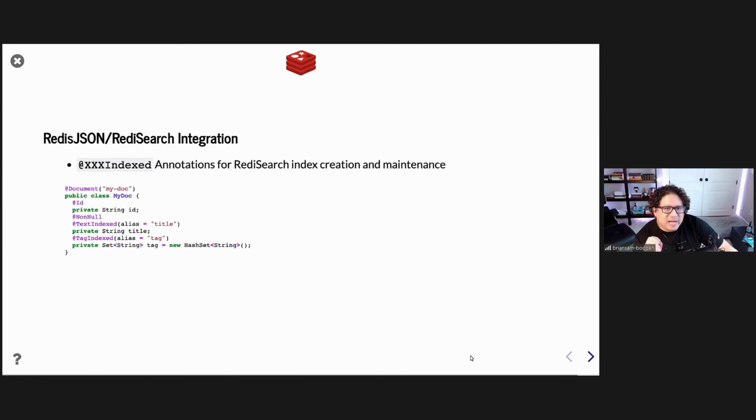And here, the Redis search integration, this one also was very fun to actually work on. And you can see that you can add annotations, they're not triple X annotations. That was just a placeholder because there are many different types of fields that you can index in Redis search. So there are text indexes, tag indexes, tag fields. And in here, you can see that I can add those annotations to my POJO and have it automatically create